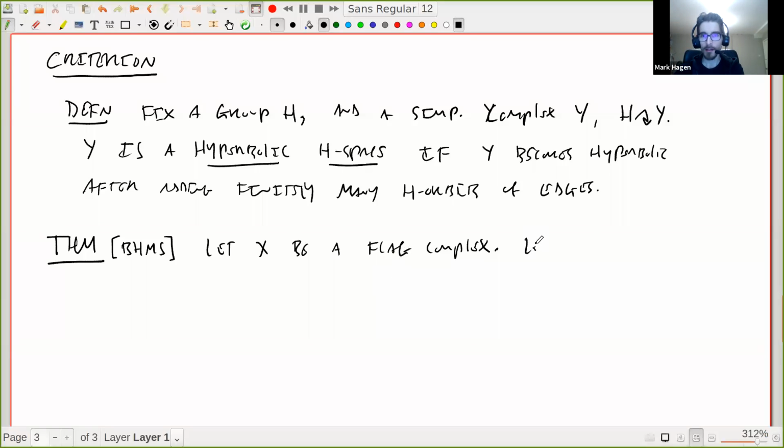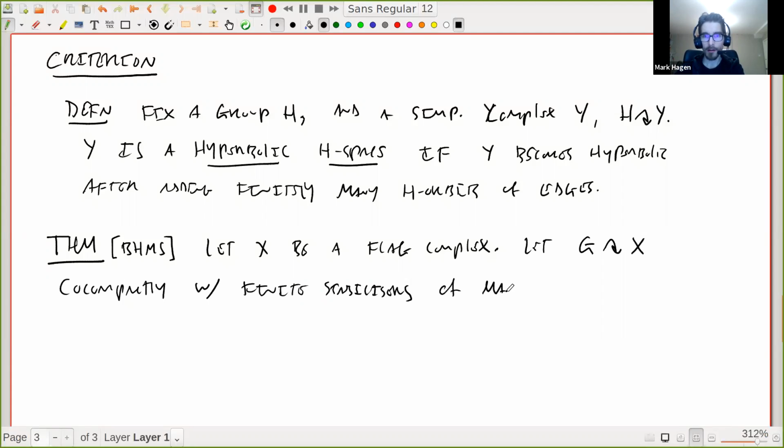And I'm going to have G be a group acting on X co-compactly with finite stabilizers of maximal simplices. So the conclusion of this theorem is going to be that G is a hierarchically hyperbolic group, which means